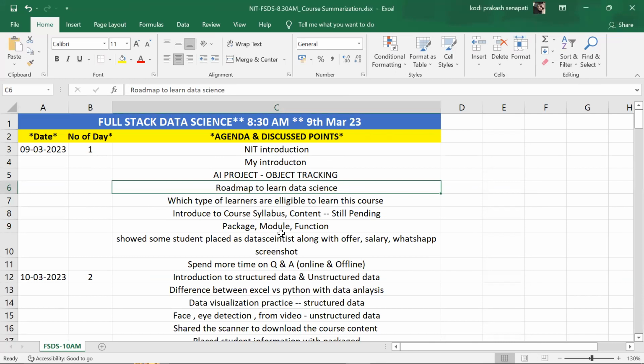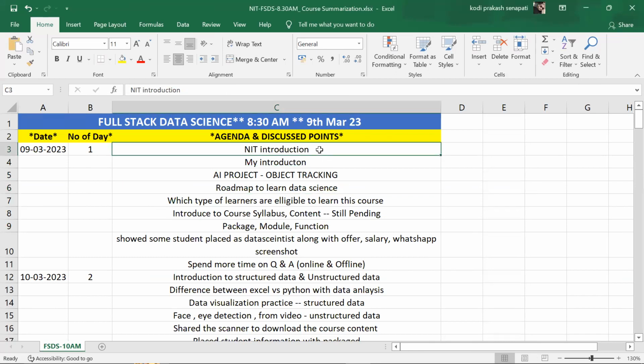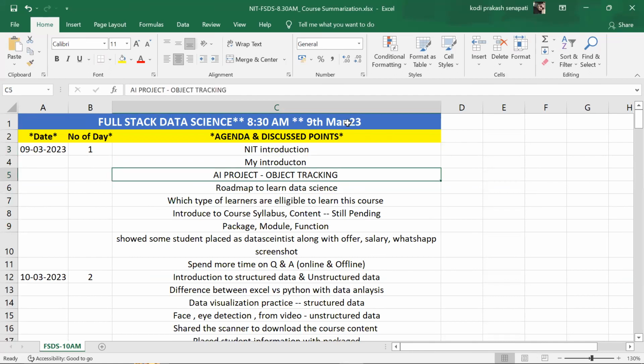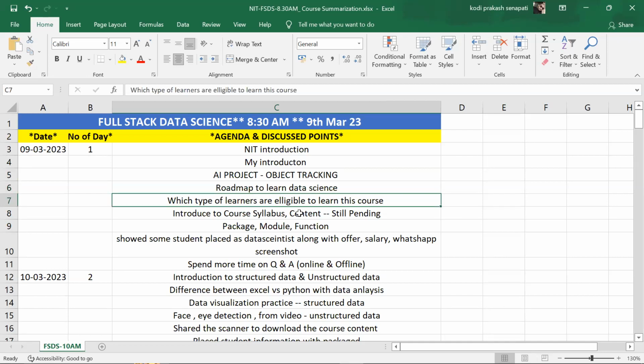On the first day, we covered the introduction of Naresh IT, an introduction about me, and we built one artificial intelligence project called object tracking. Then we discussed the roadmap to learn data science, which type of learners are eligible for this course, and an introduction to the course syllabus.